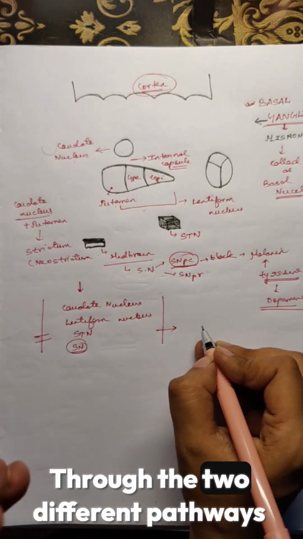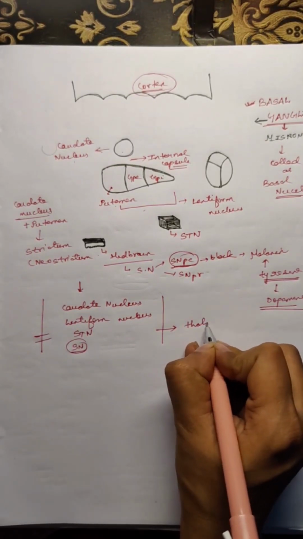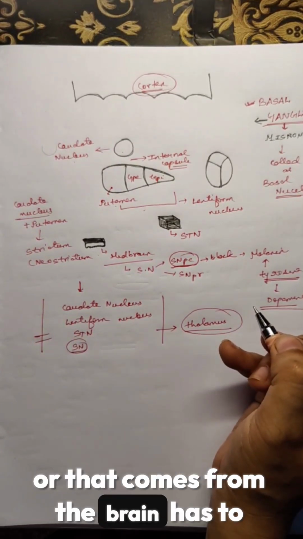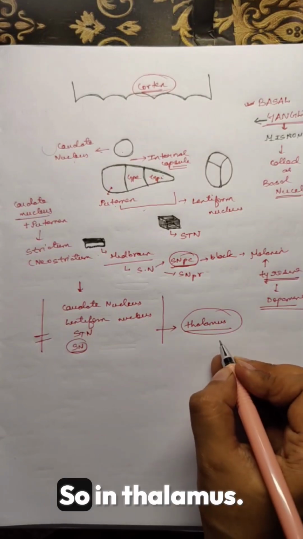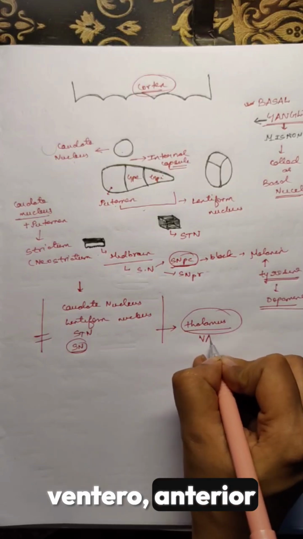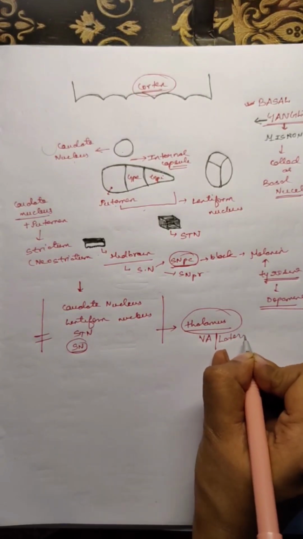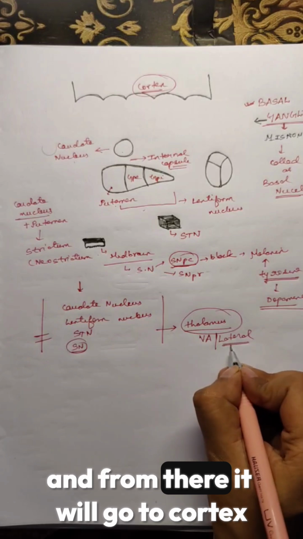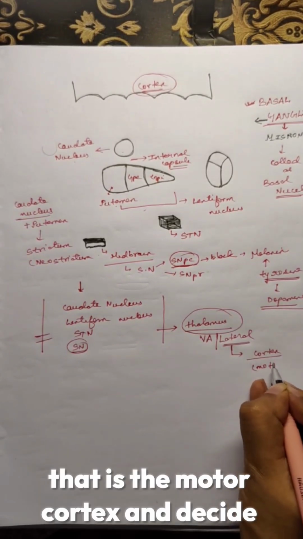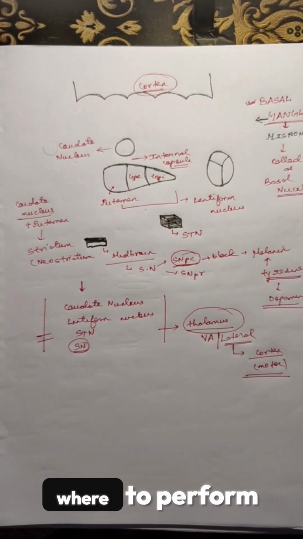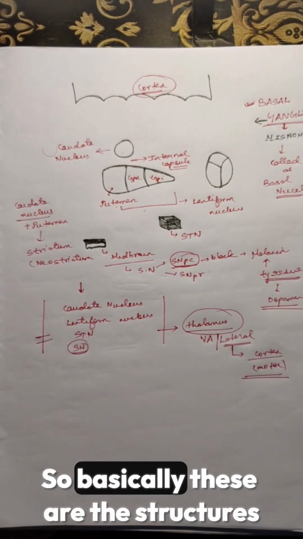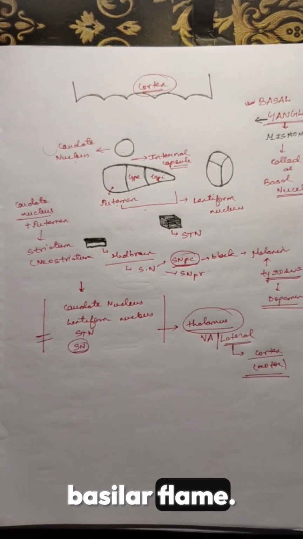Through the two different pathways, they will act on the thalamus. You know, the thalamus is the relay center. All the fibers that enter the brain or exit from the brain have to pass through the thalamus. So in the thalamus, these fibers will supply the ventral anterior or lateral nucleus of the thalamus, and from there it will go to the cortex, that is the motor cortex, and decide whether to perform that movement or not. So basically these are the structures that are included in the basal nuclei. Now we will refer to the